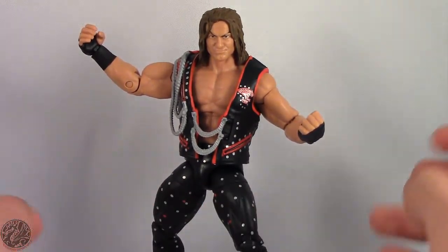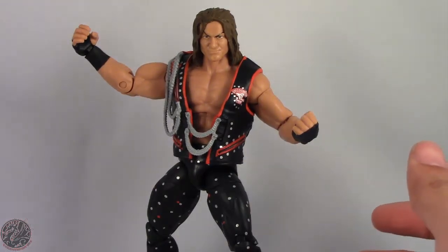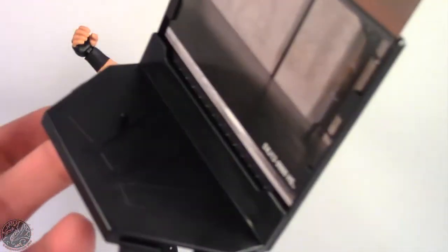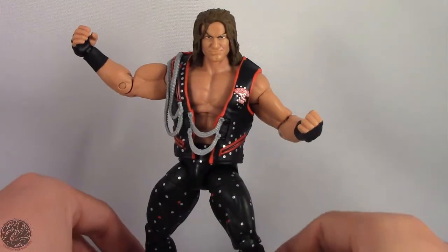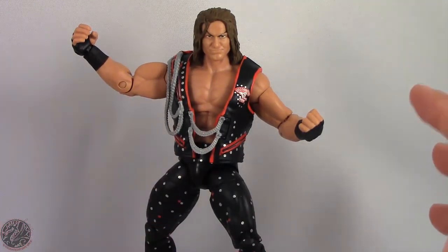Now, I do like this figure. I just don't like this diorama piece. It's big, it's bulky, it's cardboard, it's gonna bend, it's gonna tear. The base is really nice, but the cardboard is terrible. Terrible idea for Mattel. Anyway, if you're looking for Dolph Ziggler, Elite 48 is hitting stores now at the time I'm making this review,